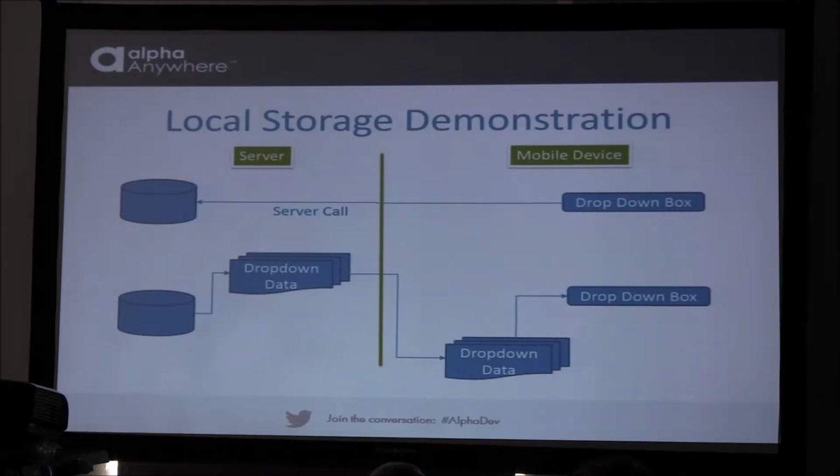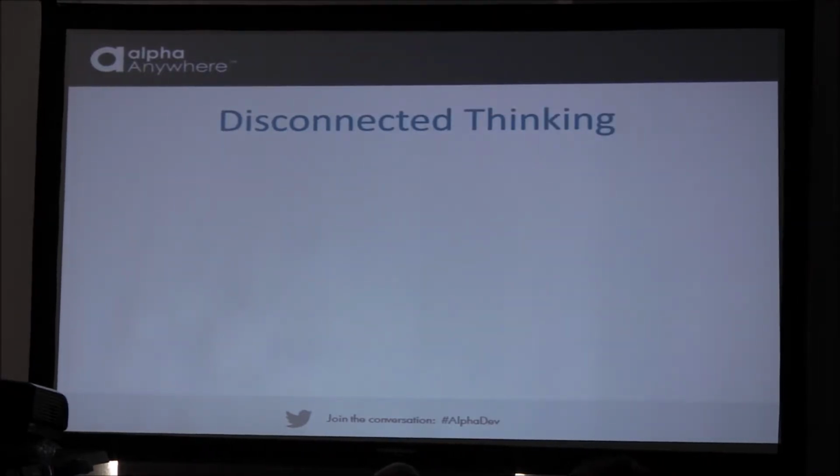And if you start taking, let's say, a complex interface where you may have 5, 10, 20 drop-down boxes, start adding all those up, you're going to get an incredible speed difference between doing it the traditional method and the other. And there's just a little bit more coding. It's not very, very hard at all. But the thing I wanted to really stress is the idea of disconnected thinking, is that this was caused because there was a project and they said, okay, we need to have this work disconnected. But I encourage you to start pushing that thinking to the front end of your design process and think about building in these capabilities up front versus just kind of building it the traditional way and then go there,